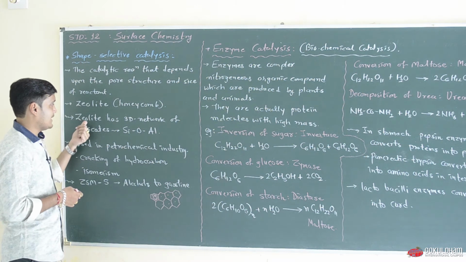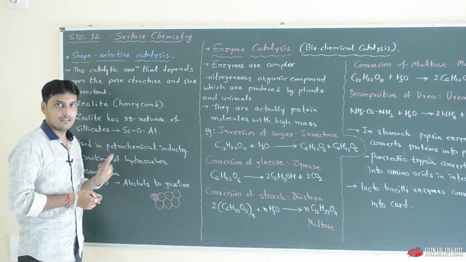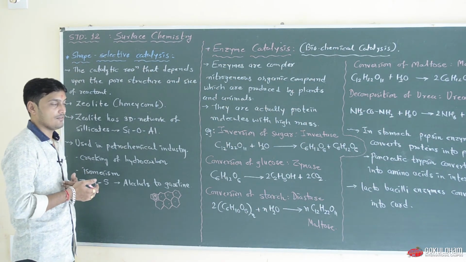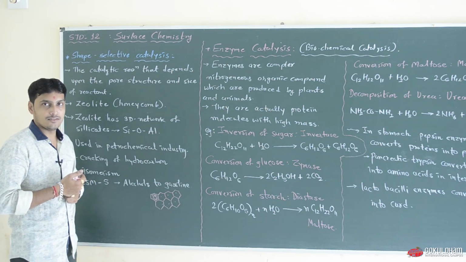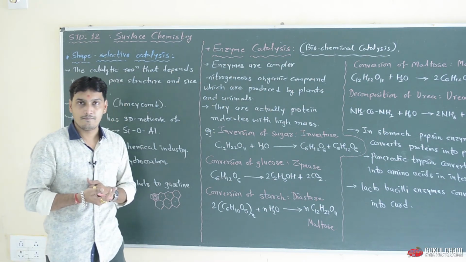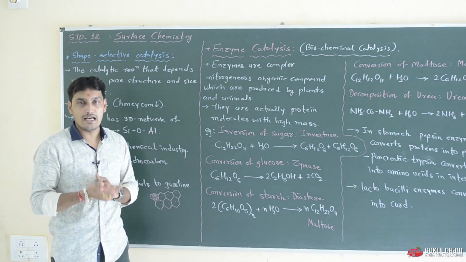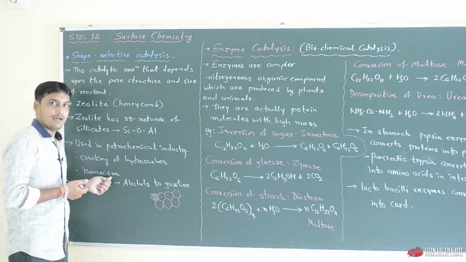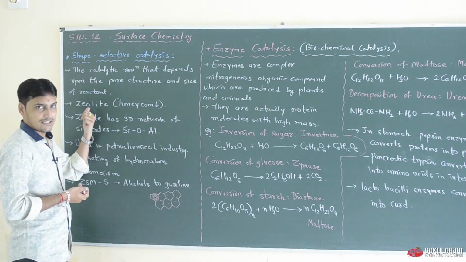This zeolite is used widely in petrochemical industries. In petrochemical industries, it is mainly used for the cracking of hydrocarbons, and another use is for isomerism. Isomerism means to separate the isomers. That is, one type is enantiomer and the second type is diastereomers. This type of isomerism can be carried out by the zeolite, and many types of zeolites are there in chemistry,